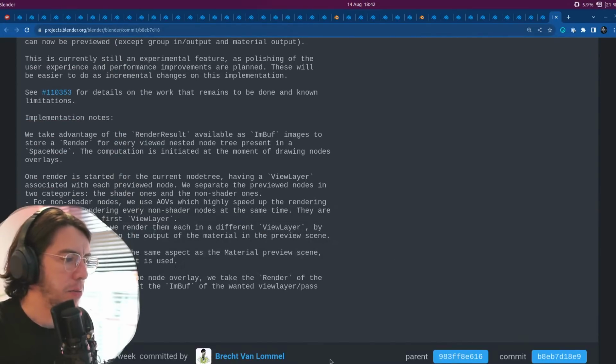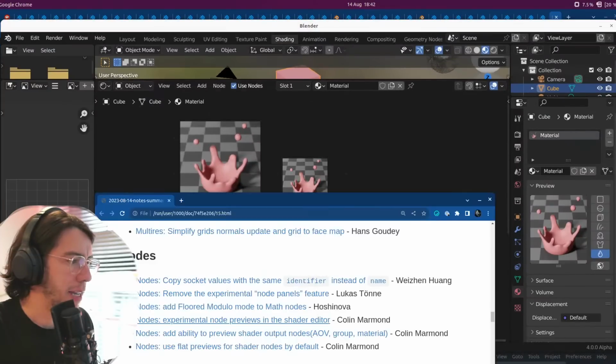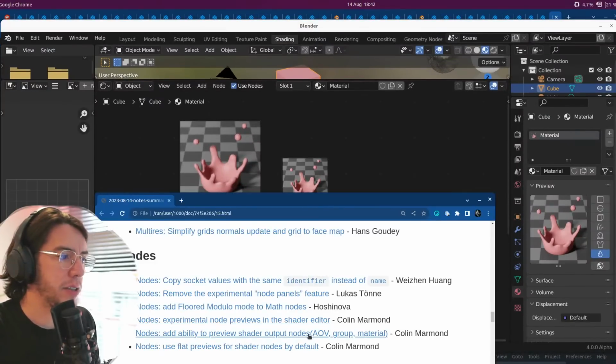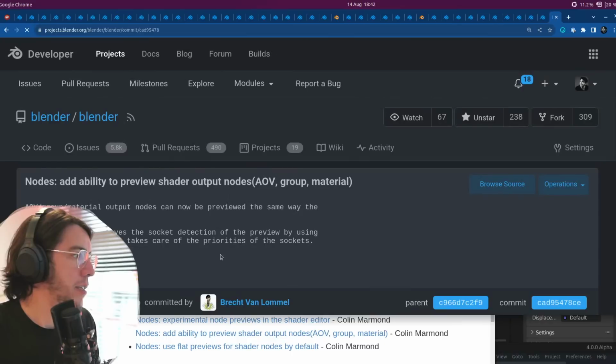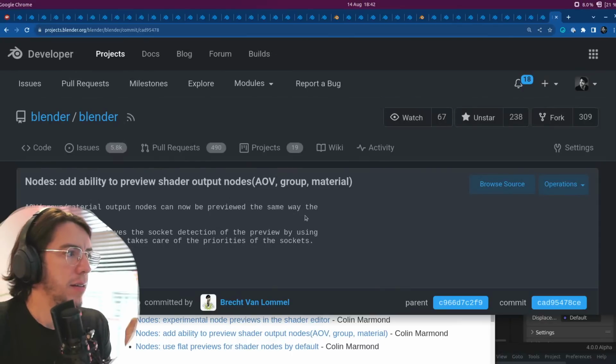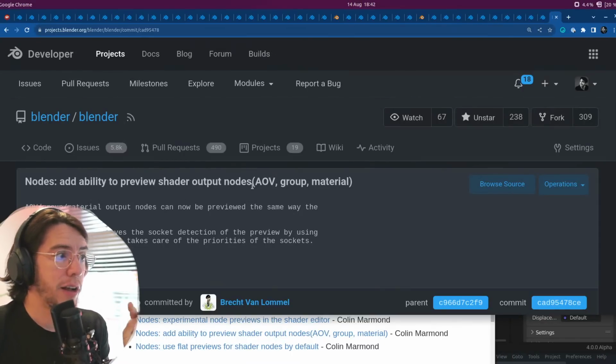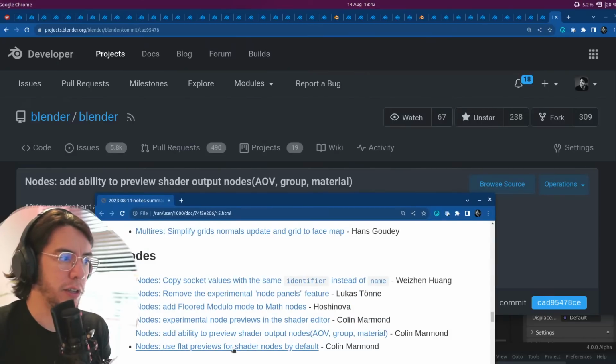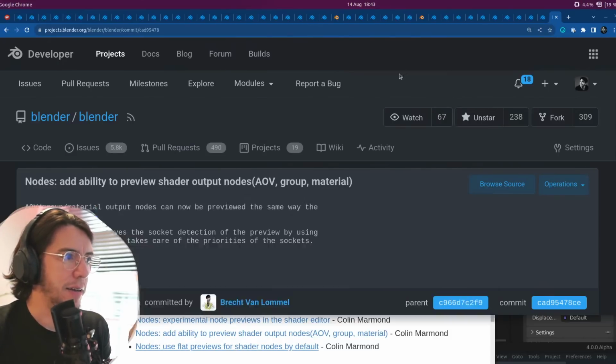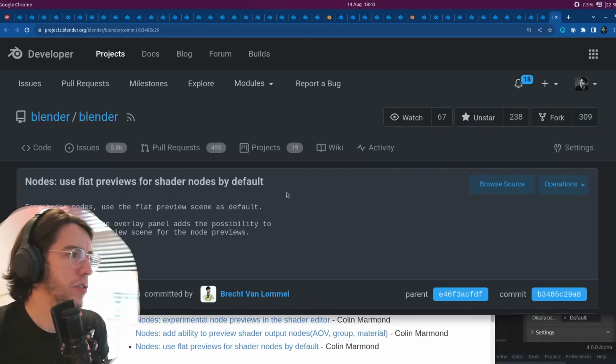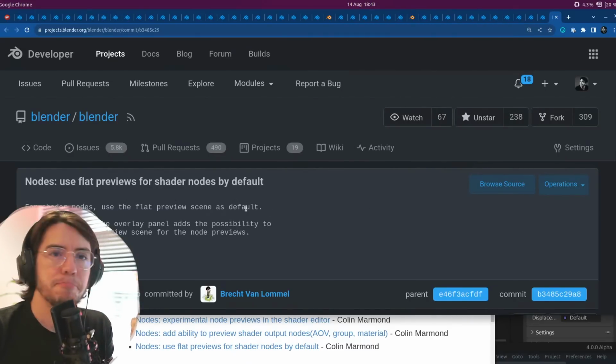Let's see, what was the next feature related to the user interface? Oh yeah, now related to this change, there is now the ability to preview shader output nodes such as AOV, group, and materials, which were not supported before. And the next commit says to use flat previews by default, but